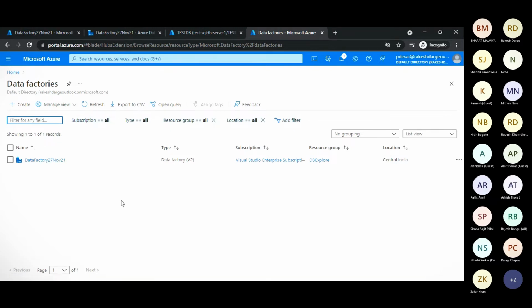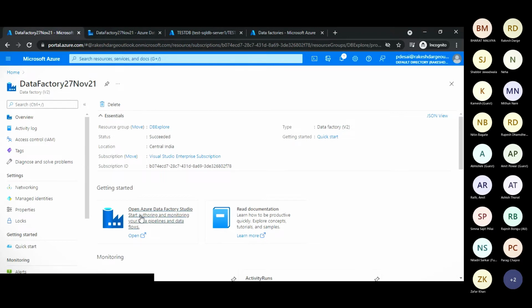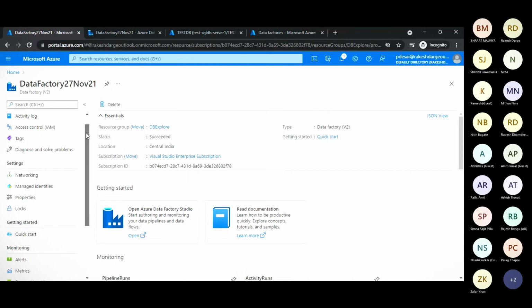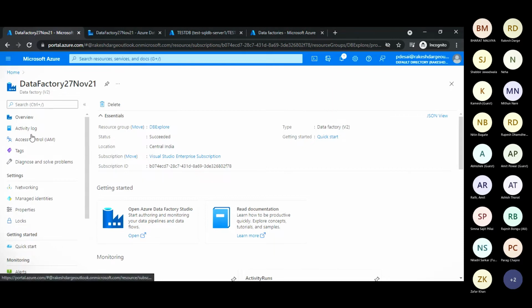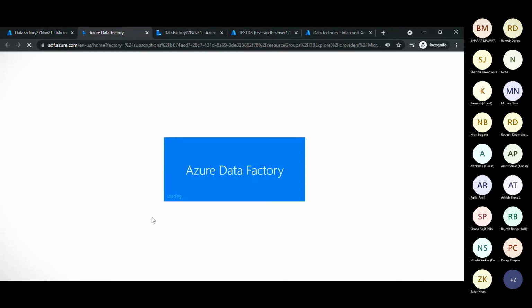So on this screen, you will see there's one particular data factory that I already created. Here I open this data factory, and once you open this particular data factory, you will see basically all the parameters or all the information that are related to the data factory. But to do the authoring, meaning to create any particular pipeline, we need to go to a separate portal. That is Azure Data Factory Studio that will be opened from the Azure portal only. If I click on this,